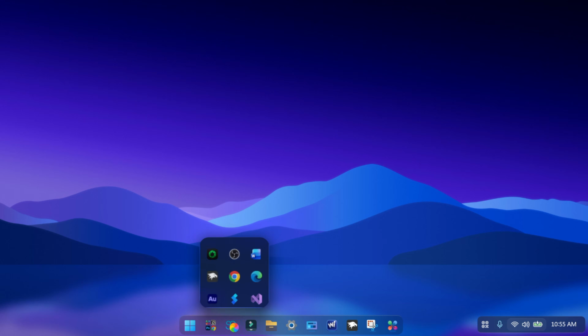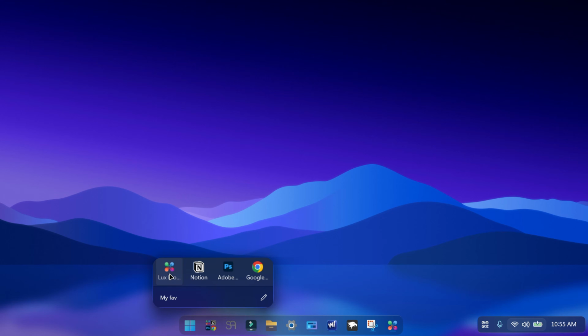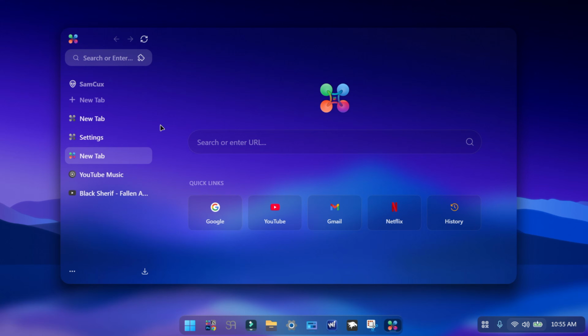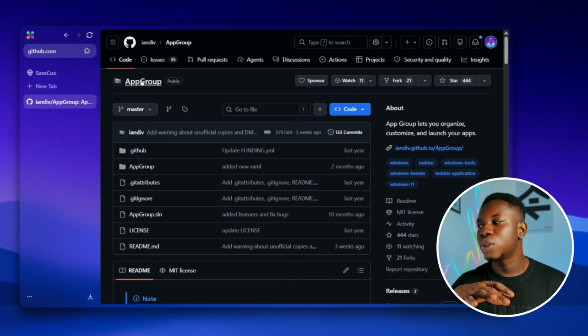In this video, I'm going to show you how you can create folders on your taskbar. If you are someone who has a lot of things on your taskbar, then I think this is a pretty cool implementation to add to give it a nice, beautiful look. In order to get it, we are going to use an application called AppGroup,